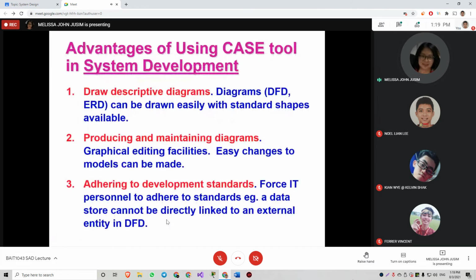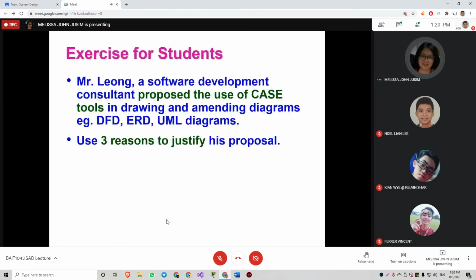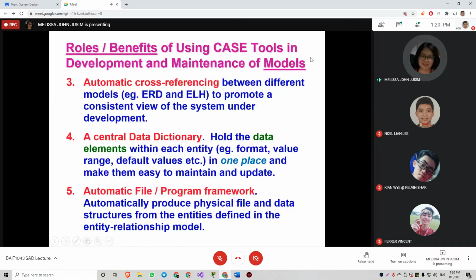In this slide, we are still talking about the benefits of CASE tools, but this time in system development in general as a whole. What we saw earlier is specifically when we want to draw and develop models.